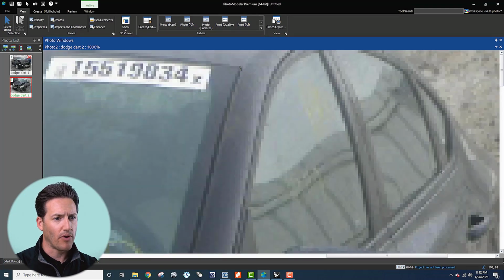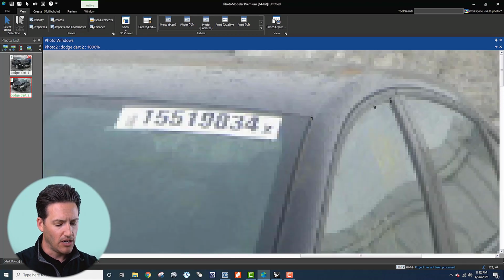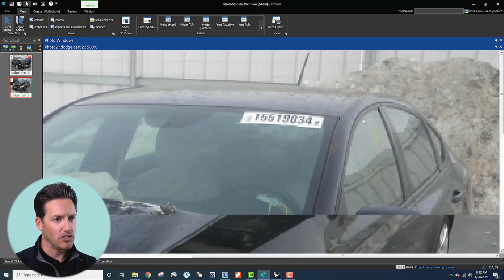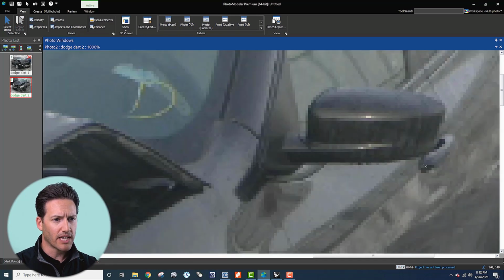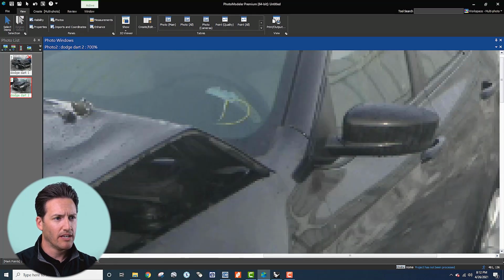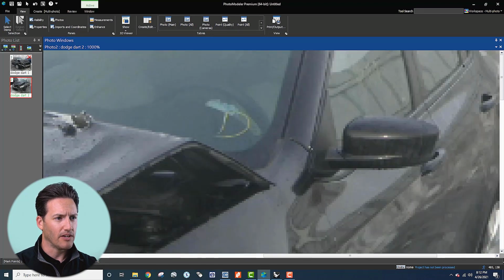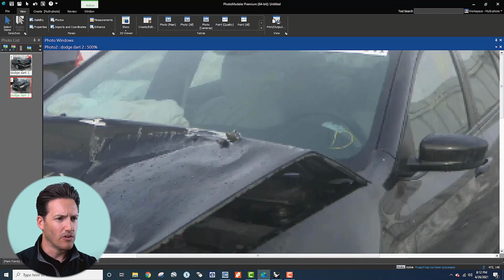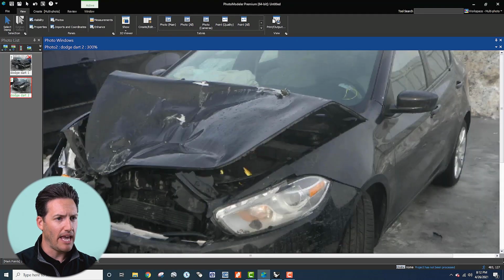You want to have good spread on these points across the photo. So having two points next to each other like this doesn't do a lot mathematically speaking. It's better to just spread them out a little bit over the photograph. So let's get the leading edge of this door handle. Let's get the bottom of this A-pillar here. You can see that there's a little bit of a misalignment here between the fender and the A-pillar,